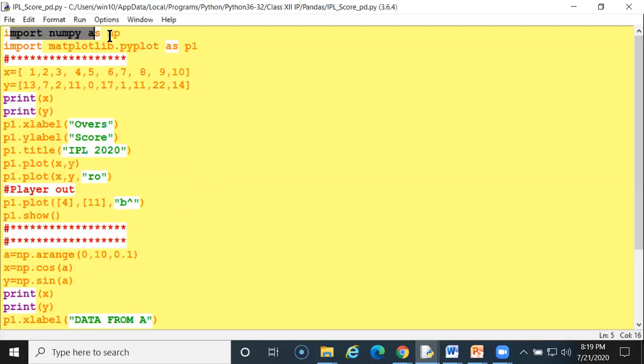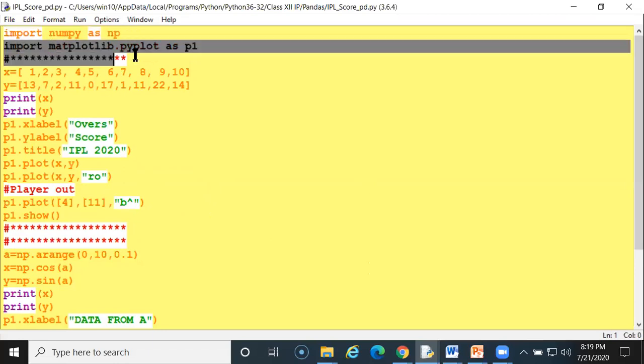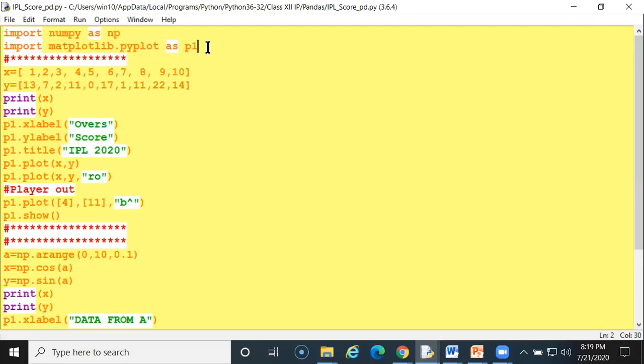Import numpy as np. I am importing numpy as np. Import matplotlib.pyplot as plt. I am importing matplotlib, which is a package, and from this module I am calling pyplot and renaming its alias as plt.